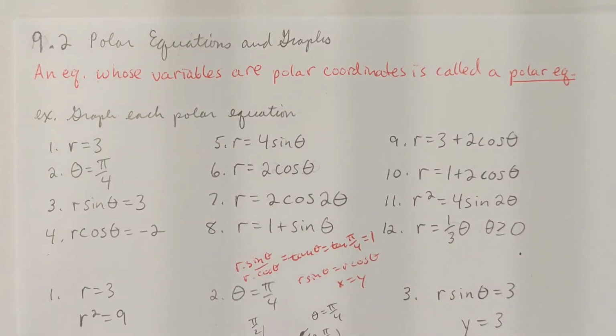Okay, I'm going to start section 9.2 now. We're talking about polar coordinates, and I kind of introduced that idea in the last video. The polar coordinate system is different from the rectangular system in that it's just a different way to plot a point. We're so used to plotting a point x, y. If you were to plot the point r, theta,